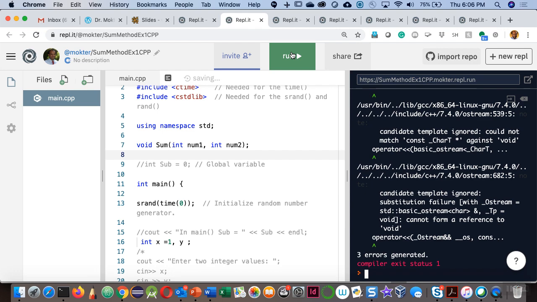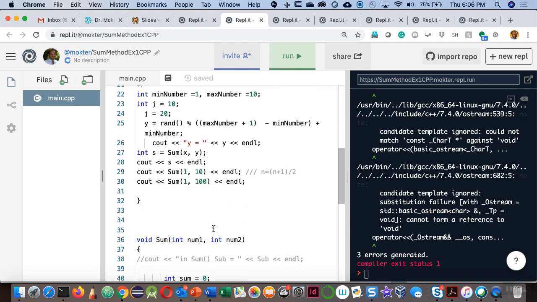Signature must match with the name, and it is making some errors, right? Here the error is actually generating over here. My sum method does not return a value, but I am trying to use that method to assign or use like an integer type value, right? So this is an error. So if I get rid of this error method,